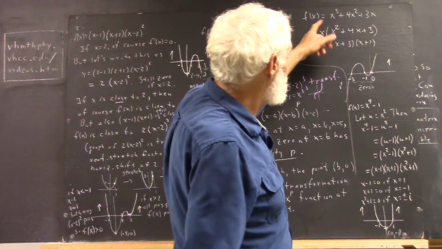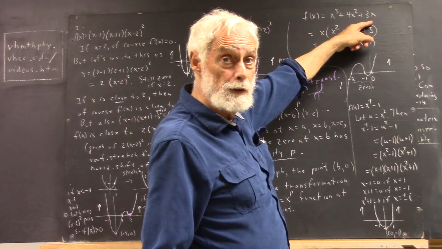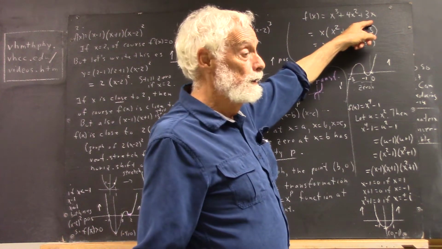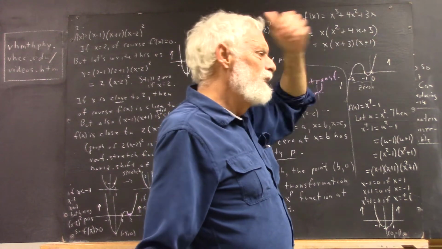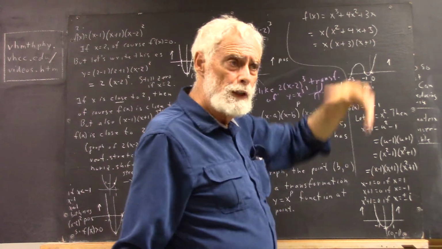How do we factor x cubed plus 4x squared plus 3x? Now in class I think people may be a little rusty in factoring, but one thing that people do tend to come out of